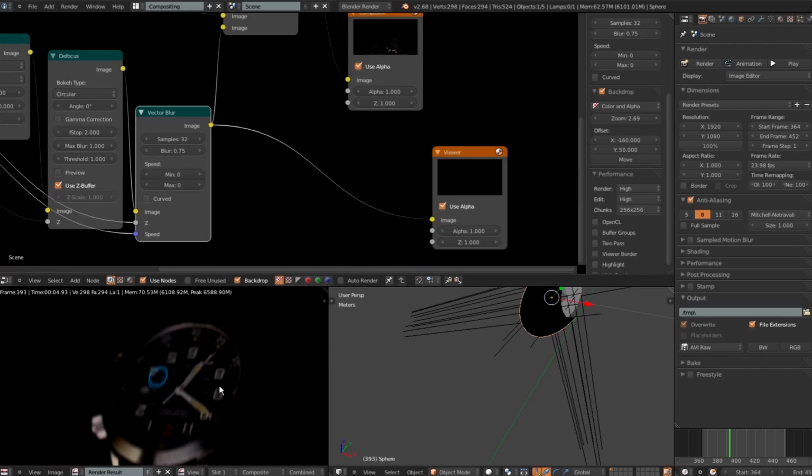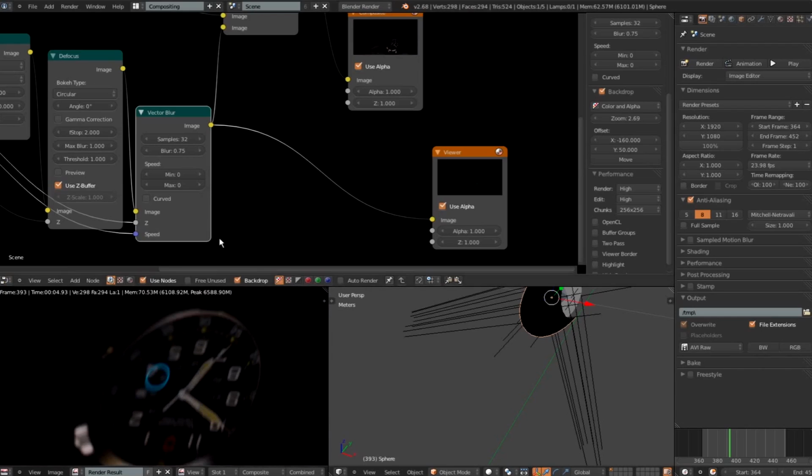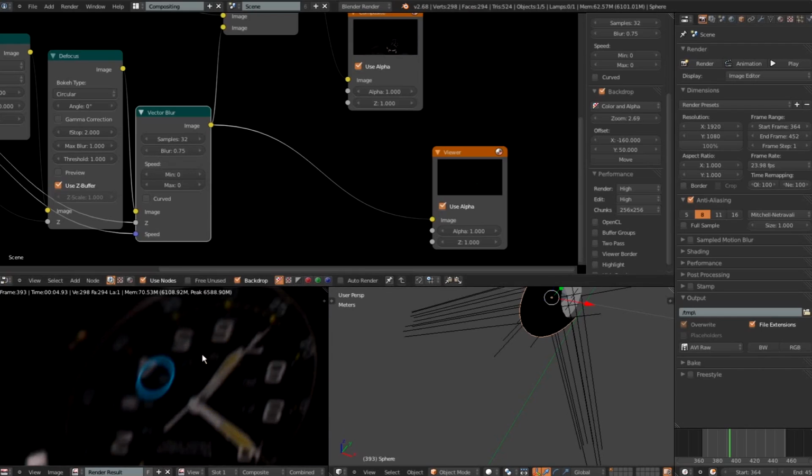Computing. That's alright. That looks good. Blur samples 32 will be fine for really good production. You'd probably increase it to 64 or 128 just so it is smooth. What blur samples does is see, if I reduce it to 2,